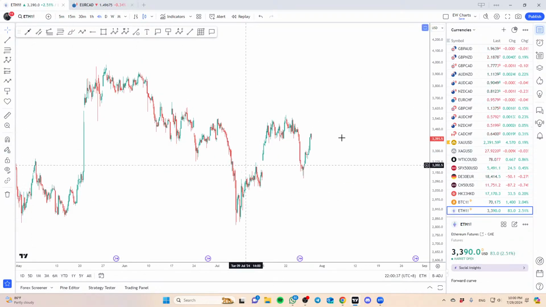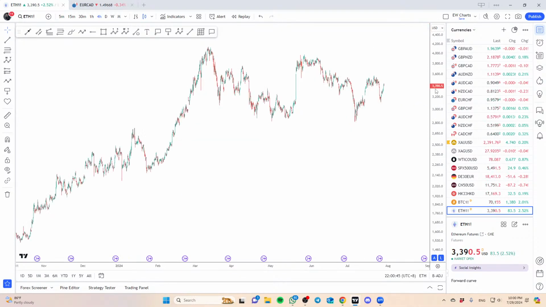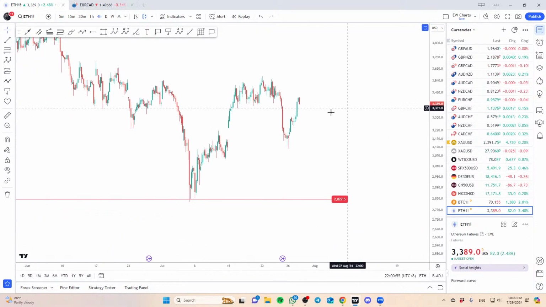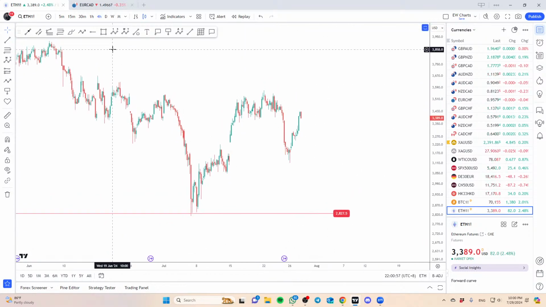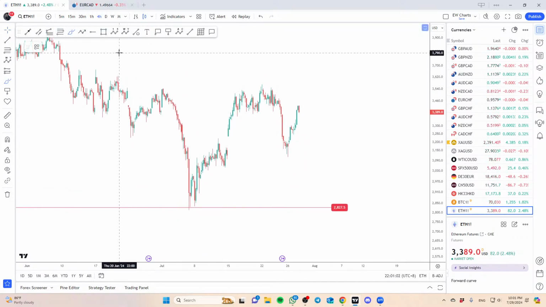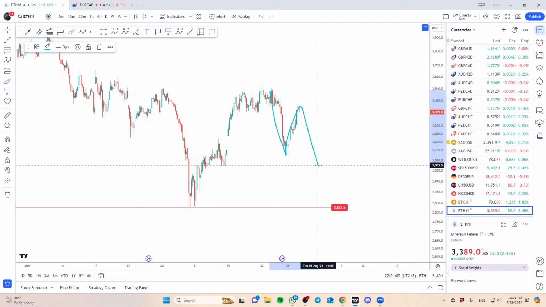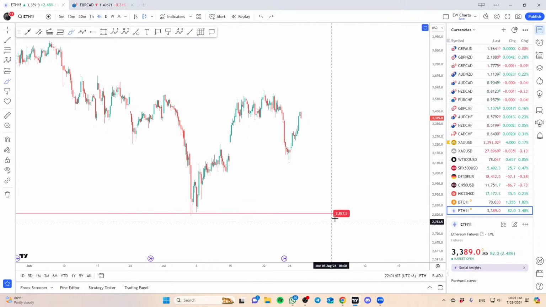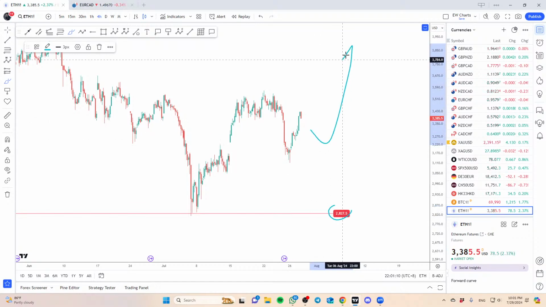ETH over here, I would say very much similar to Bitcoin in terms of the overall direction. Okay, we did get a bounce off this area, so definitely pretty neat. The market did a pullback of V here. Just be open that there is the possibility where this can develop into a 3 wave. But again, as long as price remains above that low, we'll be interested more in the upside instead of selling.